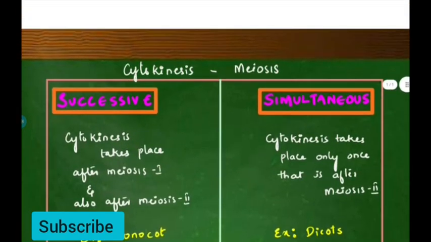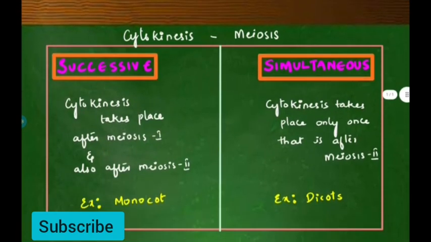So this is what we have discussed today, that is the cytokinesis in meiosis, which can be of two types, successive and simultaneous. I have told you how to remember. Successive takes place only in the monocots, and simultaneous cytokinesis takes place only after the meiosis 2, and it is